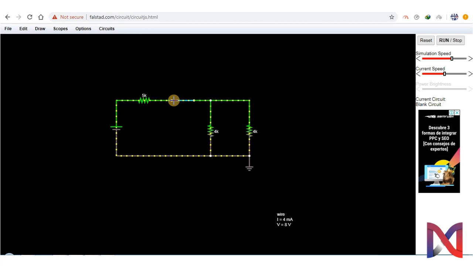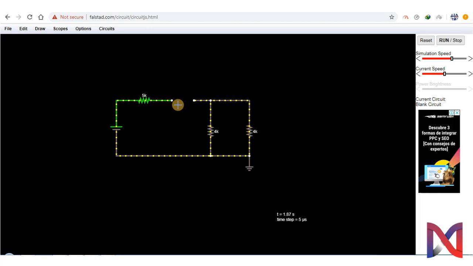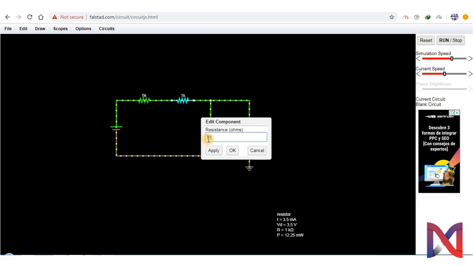If we want to extend our circuit, we just click here and delete this wire. Deleting this wire, we can have a place for attaching another resistor. So let's place a resistor and verify whether the voltage drop is different or not. So we connected here. We change the value of the resistor to 2 kilo ohm.